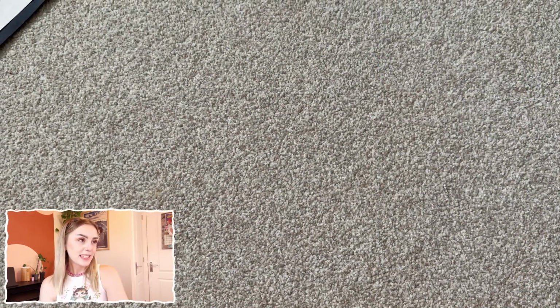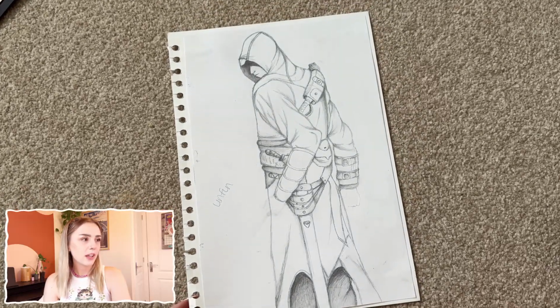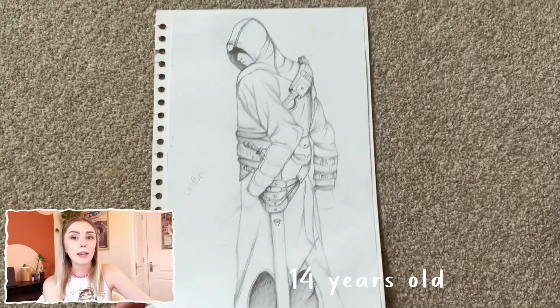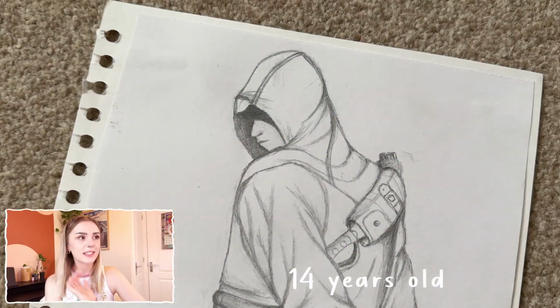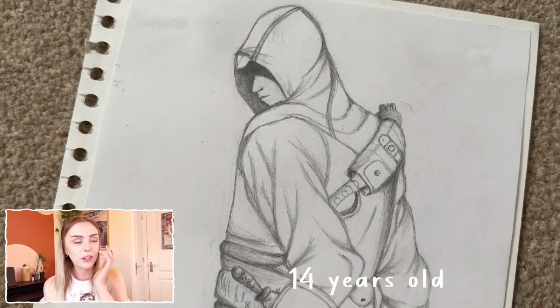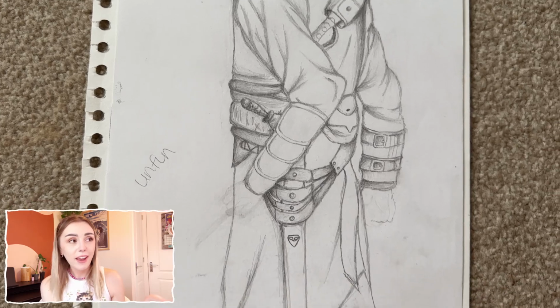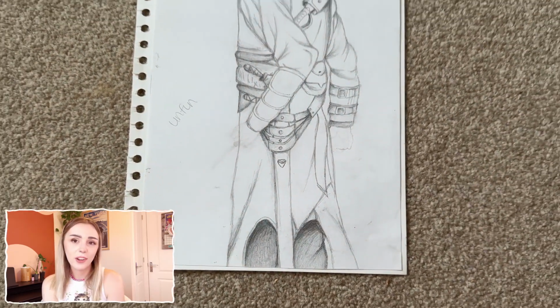Okay, so this is Altair from Assassin's Creed. It's a video game that came out, let me fact check this. It came out in 2007. Big fan. I was a real big fan of Assassin's Creed. I did a few Assassin's Creed drawings in my time. This one's pretty good, to be fair. I think his head's too small for his body. The hands are not there because